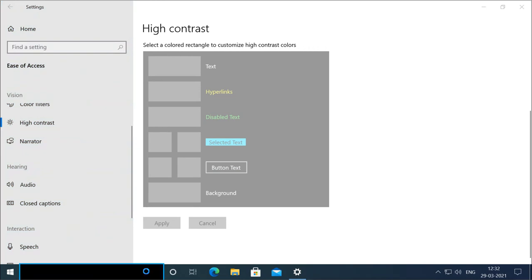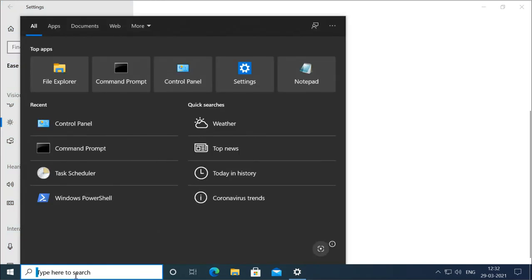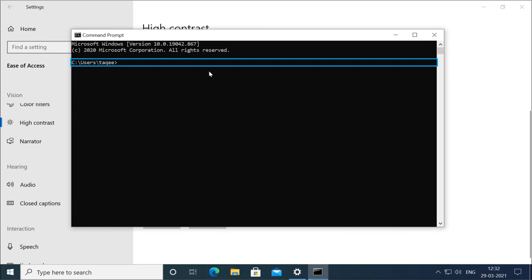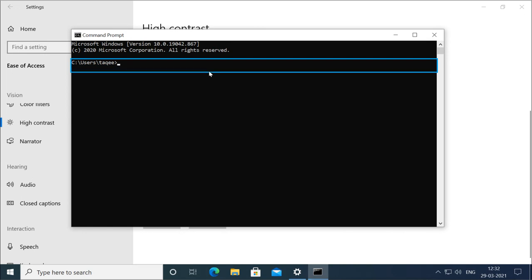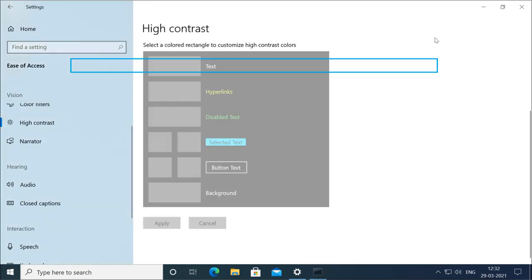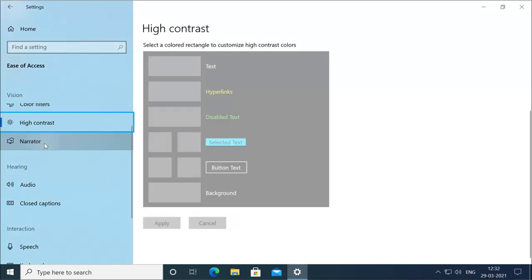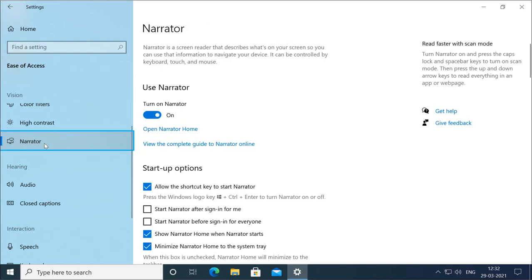Taskbar pane, type here to search window, search box, edit, type here to search, suggestions available. Search window, pane, search window, command prompt window, text area, editing, c:\users\talk_UEE, Microsoft Windows version 10.0.1904.2.867, c. 2020 Microsoft Corporation. Settings window, so vision, basically you see high what it do. contrast, It 6 of 7 actually level, narrator, guides you by 7 of everything. 7 level 2, use narrate, exiting narrator. And now I am exited.